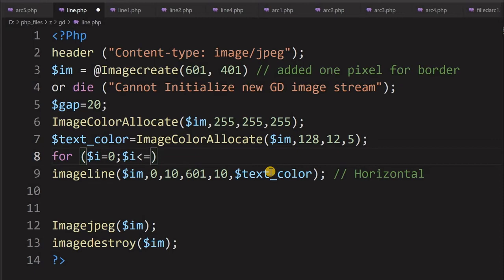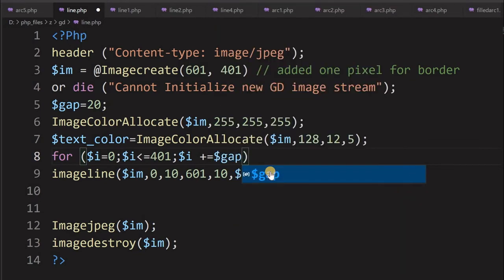Horizontal lines means it will be increasing the y value. So the y value should go maximum up to 401, so up to 401, and then $i plus equal to gap. So that will be the gap, our increment. So that's all. Now start from here, close it and put it here.